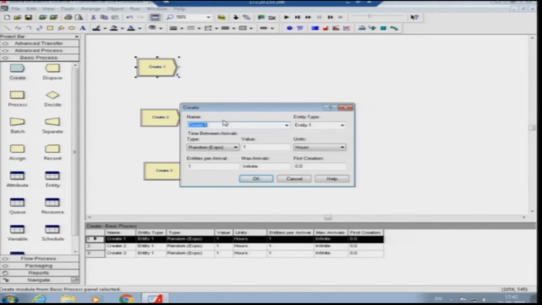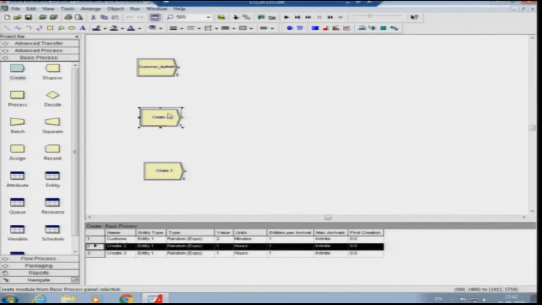We will give different names to the separate create nodes. Say for example, the name of this create node was customer deposition and withdraw. Random exponential with %1 per 2 minutes.